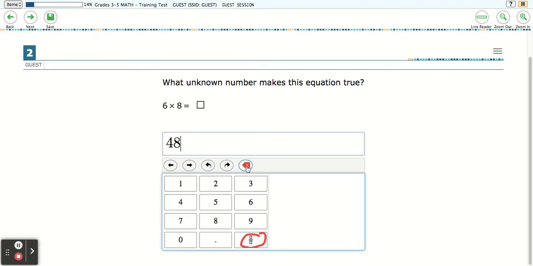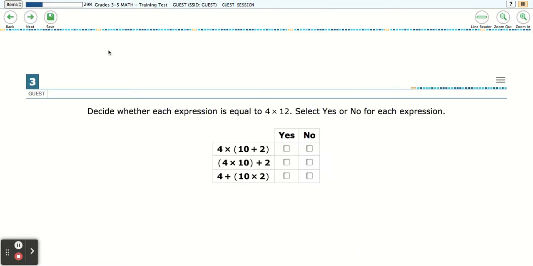So we know 6 times 8 is 48. I'm going to double check my work. Does that make sense? I'm just going to look up here. This time I have the tutorial, mark, review, and notepad as my options. I don't want to mark this for review. I'm good. Click next. Number 3, decide whether each expression, the word expression, guys, just means like a number sentence,